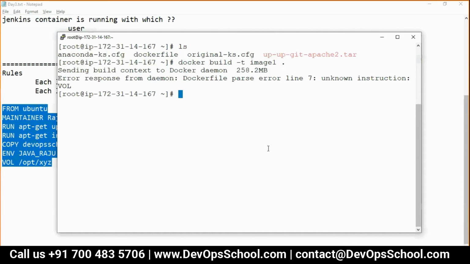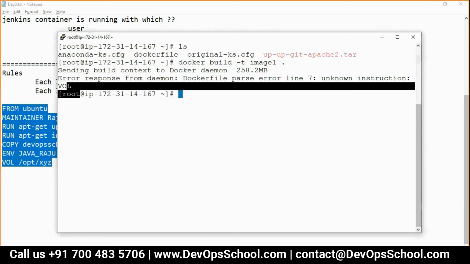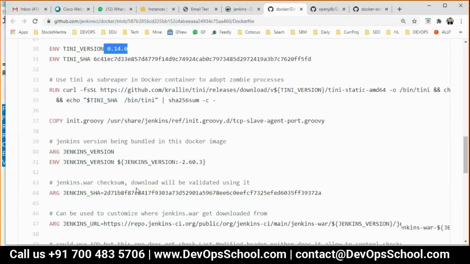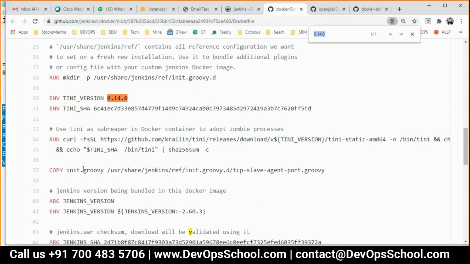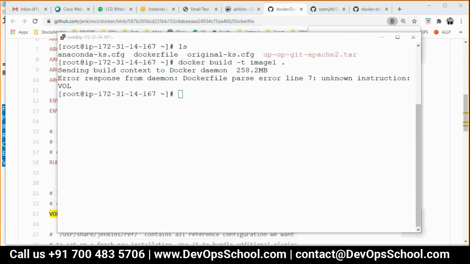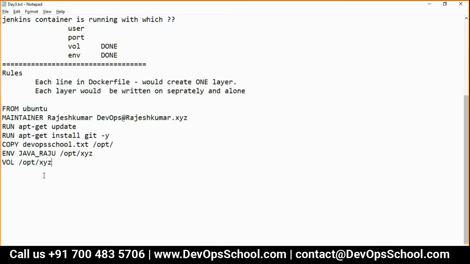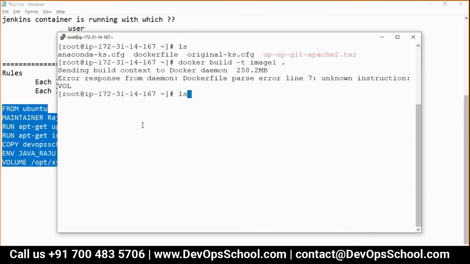Why? So it says unknown instruction vol. Let me check if that changed or something. Is it case sensitive? Volume, sorry. Not vol, it's VOLUME. My bad. Getting slowly memory erased.